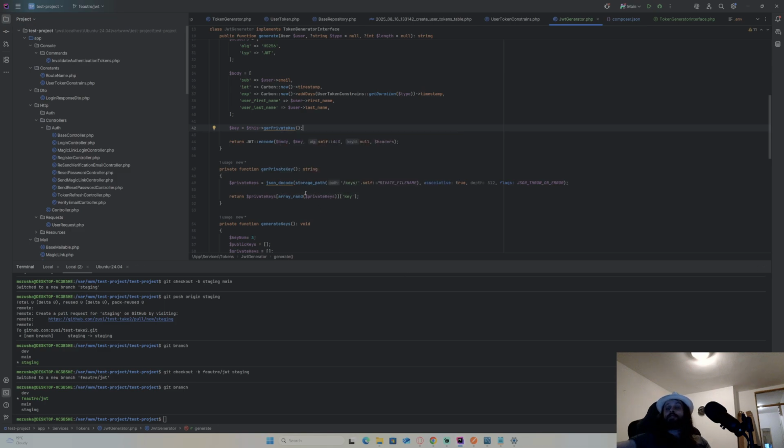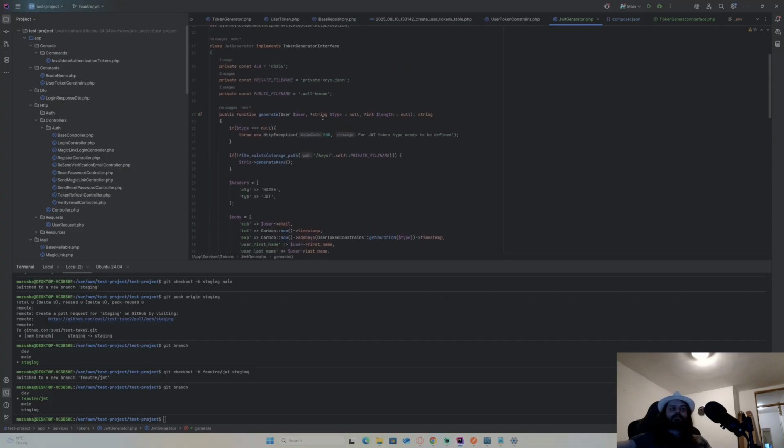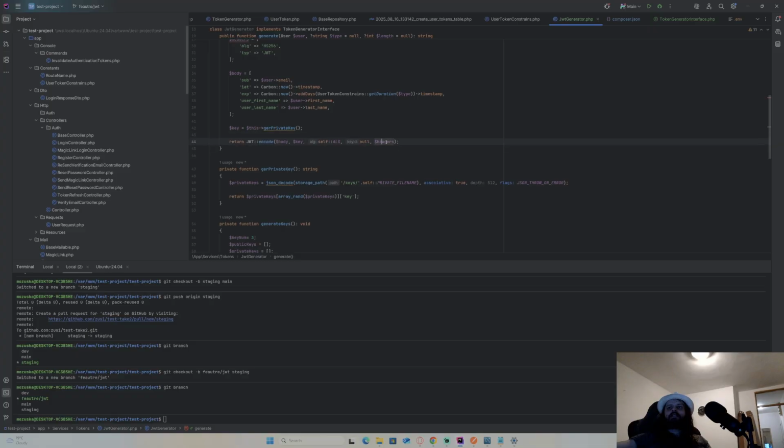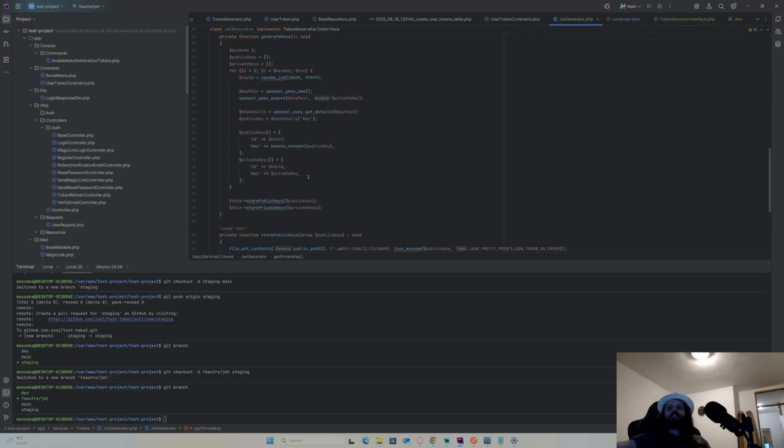Now it's exception. I won't be adding the exception tags. This is fine. Okay, so now I got my key and this is encoding and my key generator, everything is